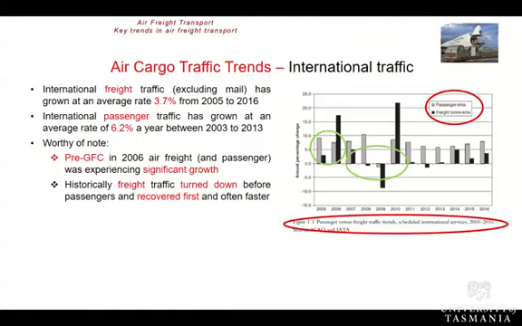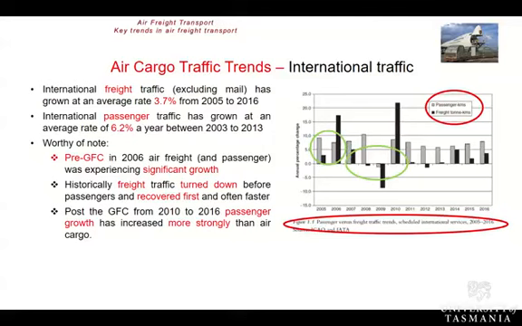Now, coming out of the recession, you can note there that in 2010 we had a significant rise in air cargo, certainly a lot more than passenger. And the main reason for that is the replenishment of inventories in a number of markets that were depressed over that time of the global financial crisis. Now, at that point in time, I guess everybody was feeling quite positive on the idea that the growth rates of air cargo was going to continue quite well over the next 5 or 6 years.